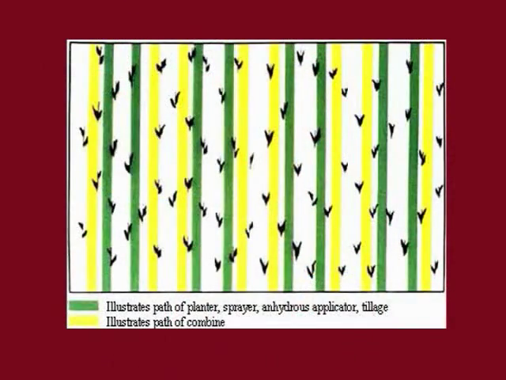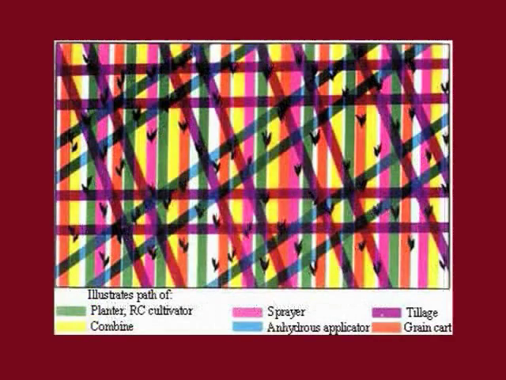Managing your vehicle traffic is one way to reduce your compaction. About 80% of the compaction happens on the first pass. I'll repeat that. About 80% of the compaction occurs on the first pass. Use this to your advantage. In a normal year, as much as 90% of the field may be tracked by equipment. If you use the planter, the sprayer, the combine, the grain carts, and do tillage passes across the field, these are all making separate tracks.